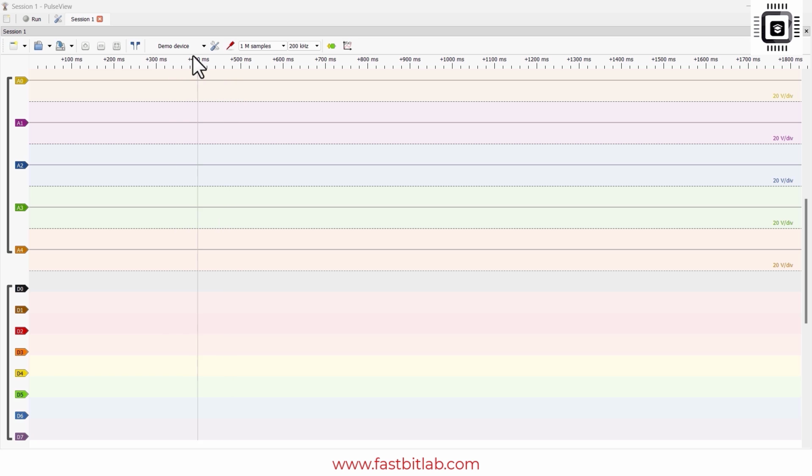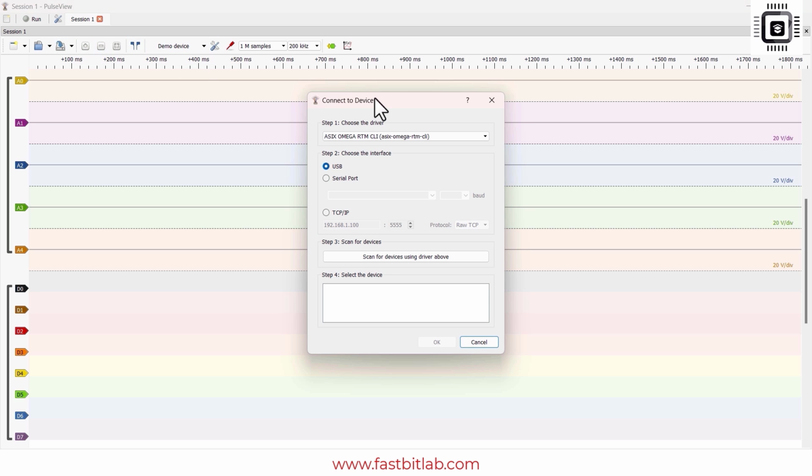As you can see here, it just shows demo device. Basically, no device is connected to my computer right now. So let me connect the USB logic analyzer hardware to my computer. I'm connecting that. Let's see whether the software detects it or not. I just connected the USB logic analyzer hardware to my laptop, and as you can see, it is still showing demo device. What I can do now is click on this demo device, and it is asking me